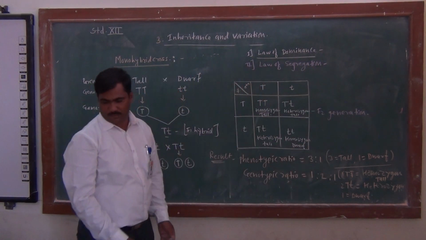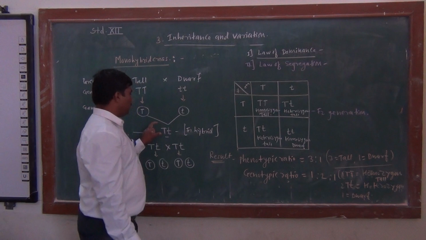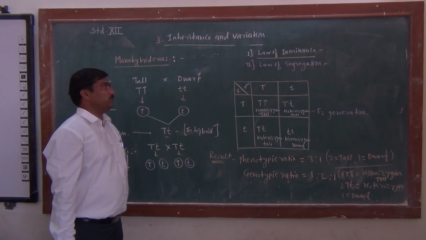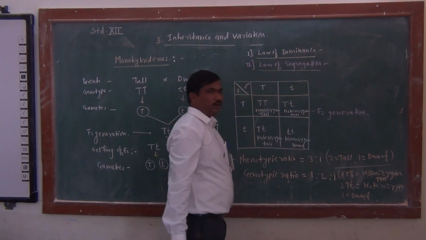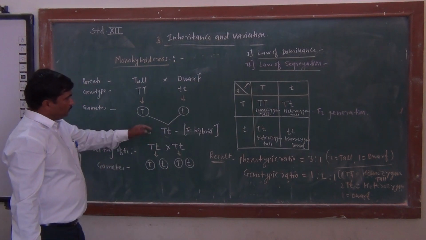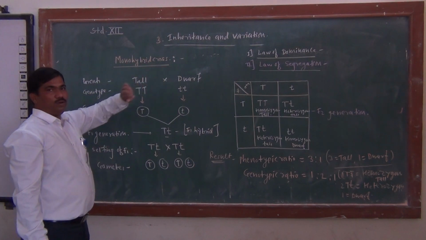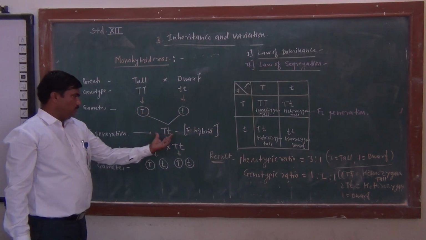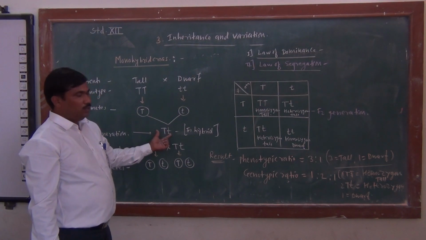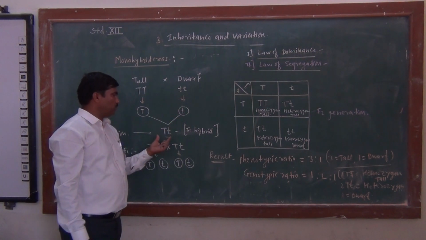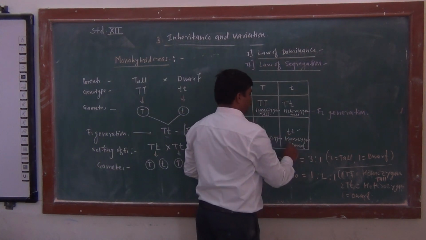Law of segregation. I think you understood what the law of dominance is: the characters that appear in the F1 generation are called dominant characters. And what is the law of segregation? See here, in the F1 generation, whenever he crossed the pure tall plant with the pure dwarf plant, all individuals formed are tall. The recessive character, the dwarf character, does not appear in F1,